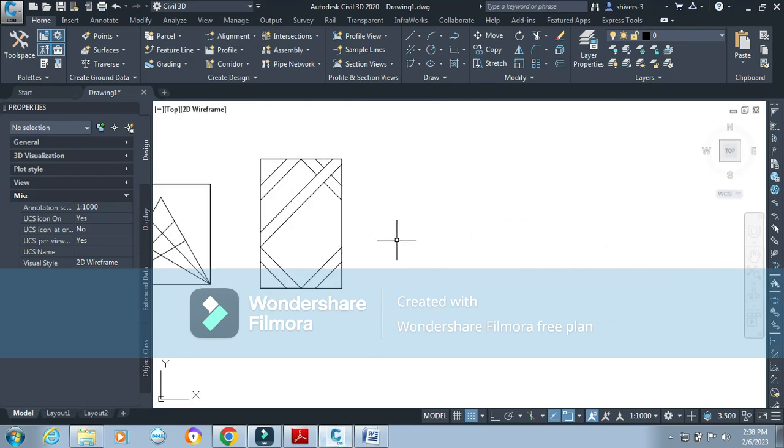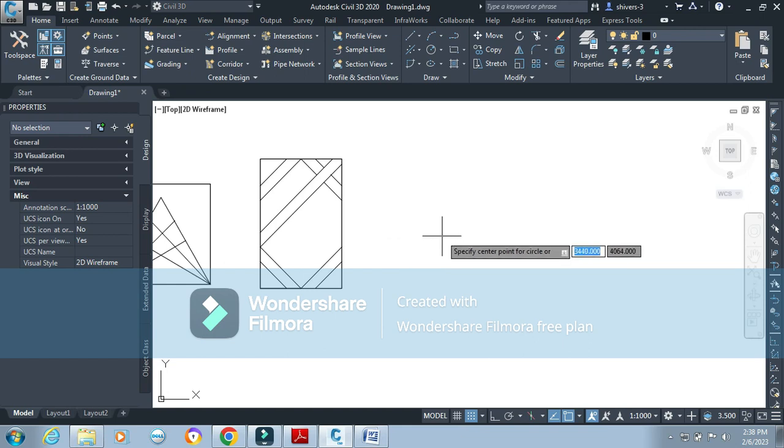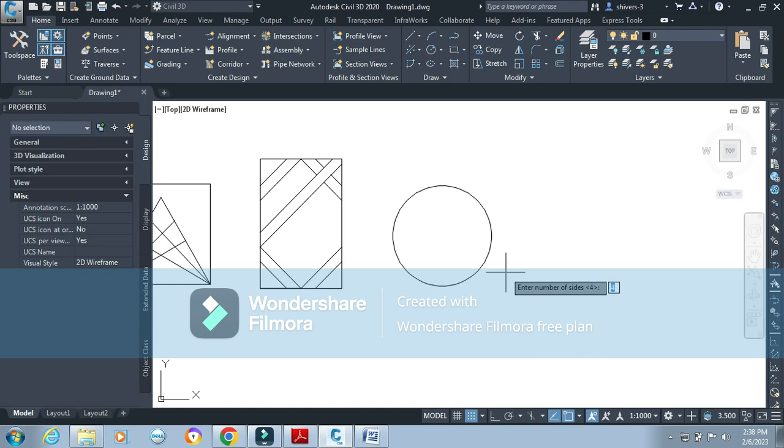Right, so you go circle, they'll ask you for the center point. You can press the down arrow and select diameter, enter, 58. Right, so you have the first circle to begin with. Then you have a square around it. So you go polygon. It asks you the number of sides, 4, enter, specify the center,